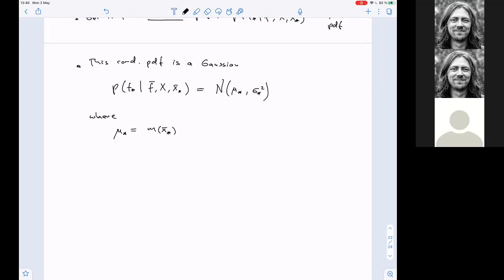This mu star corresponds to the black line in these plots. So your central prediction will be the central point of your prior, which is just M star, and then it's shifted by this term. So it's K of X star comma X matrix, and the inverse of sigma, and then there's a bracket with F vector minus M of